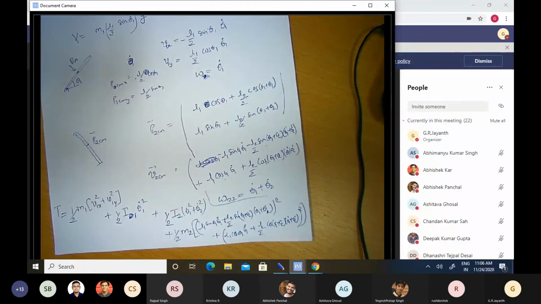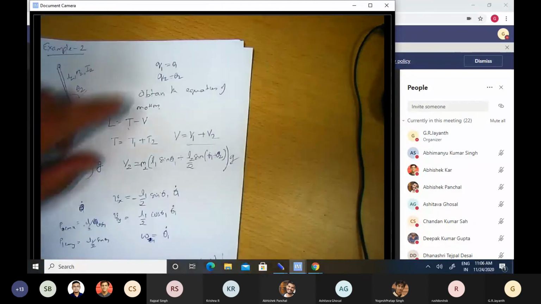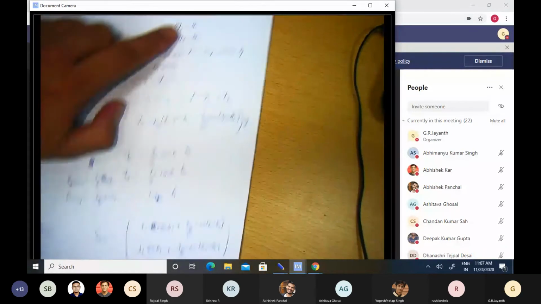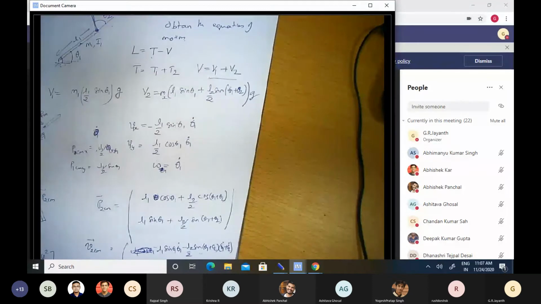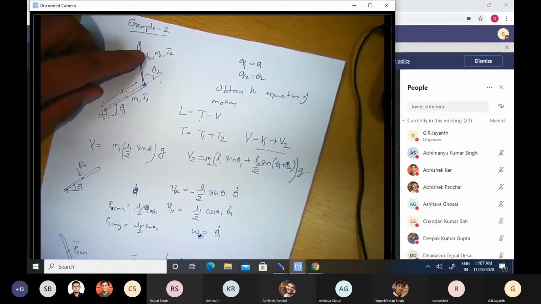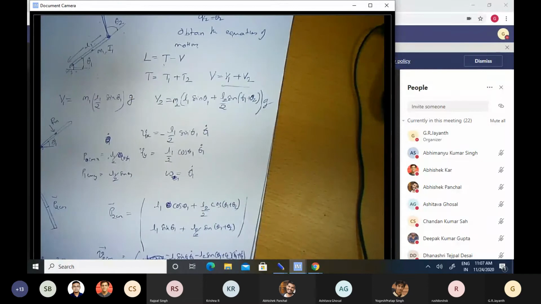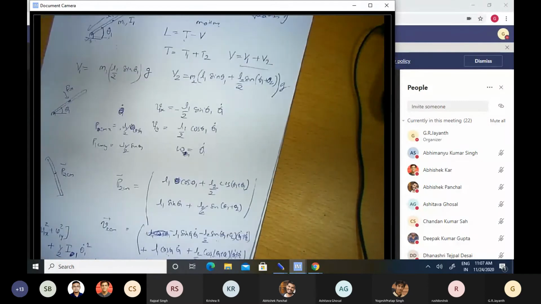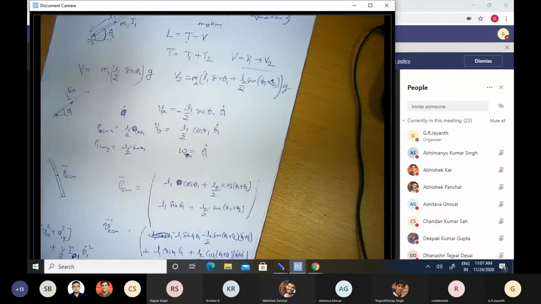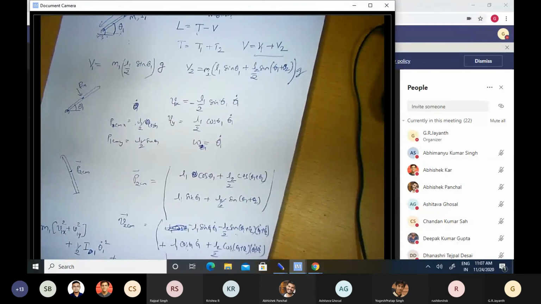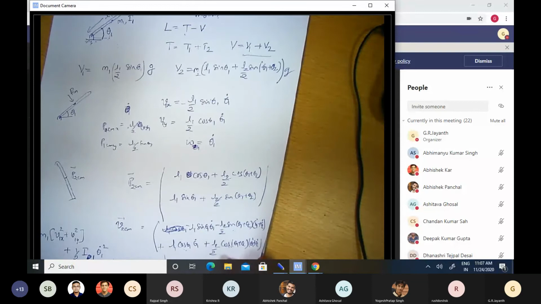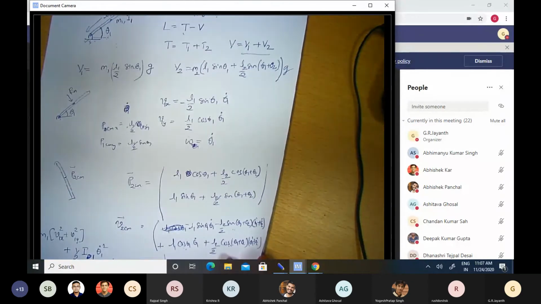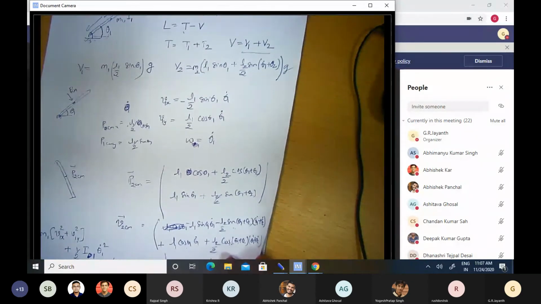With this, the physics of the problem comes to its end. I have chosen the appropriate generalized coordinates. I have written down the kinematic equations, worked them out to obtain the velocities and also the positions of the centers of mass. The velocities can be used to compute the kinetic energy. The positions can be used to compute the potential energy, and I have done both of them. Now I define the Lagrangian as T minus V, and run this Lagrangian through the Euler-Lagrange equations to obtain the equations of motion. Any questions so far?